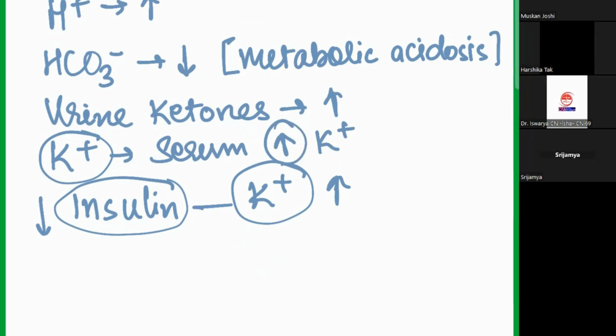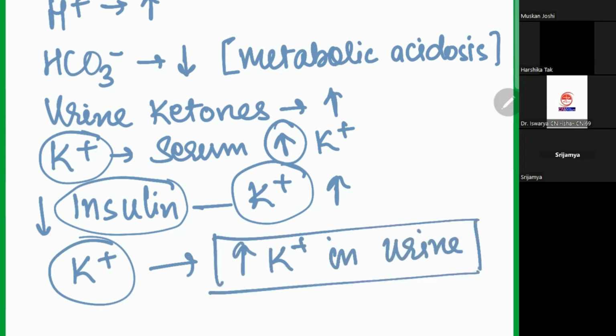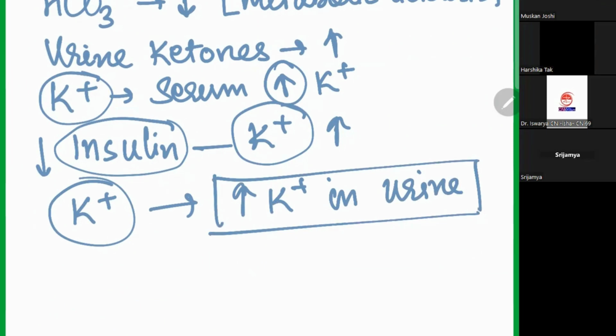Now what happens is that you know there will be osmotic diuresis, as you were told. Why osmotic diuresis? Because to balance this metabolic acidosis, the body will compensate. So when compensation is happening, there will be a reduction in the total body potassium. Why? Because there will be more K plus in urine. So this happens, but you should know that a very simple one, they are not going to ask you this